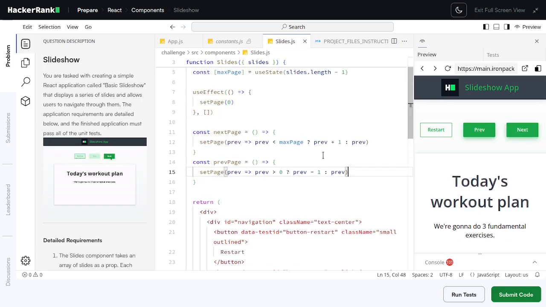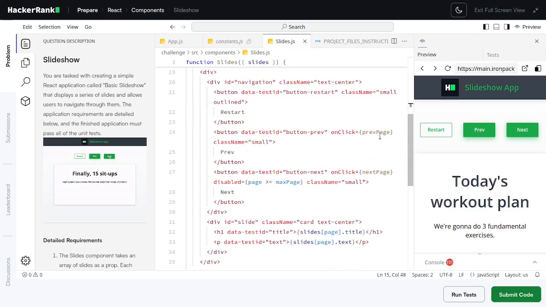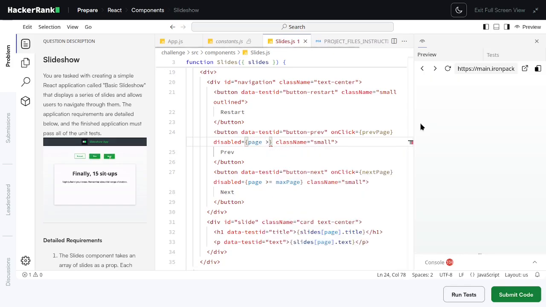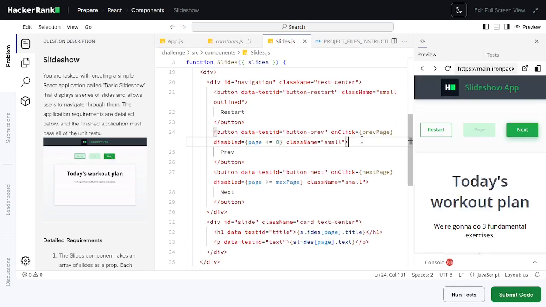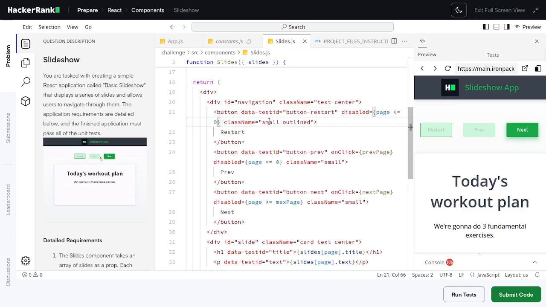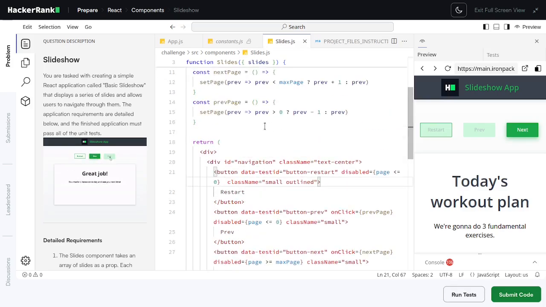It's expected. And let's fix this from the useEffect using the disable property. It returns a boolean if page is equal or below 0. Then we can disable this. We can use the same thing for the restart button. If it's already 0, then we don't have to restart it. And for the